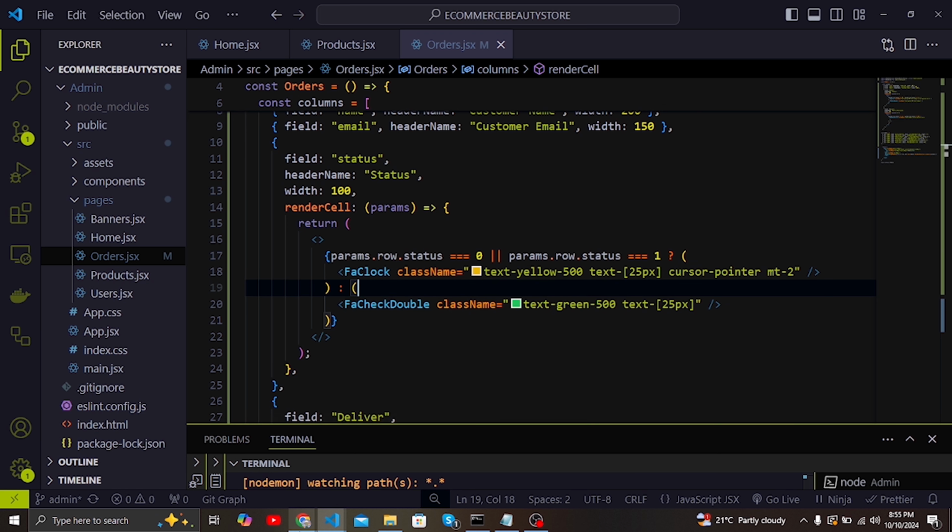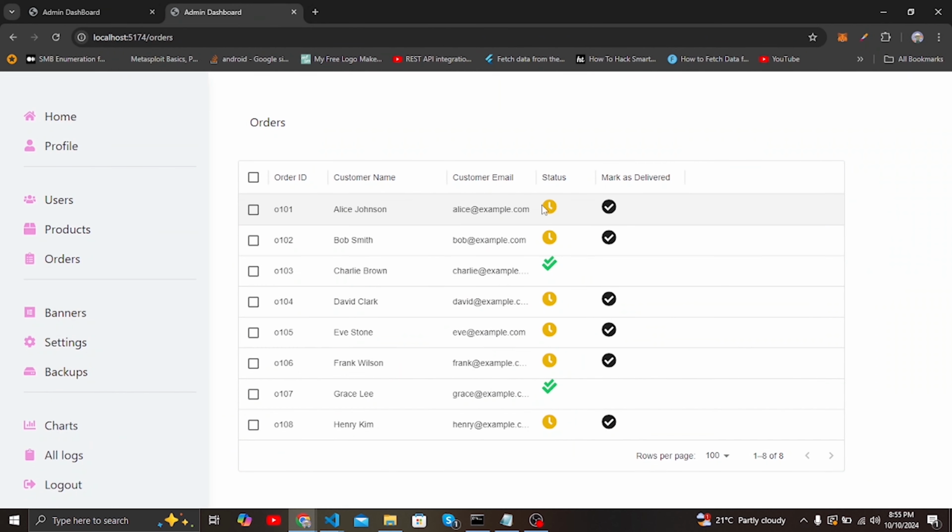And that's why if you come here to the code, you can see that the pending one has this clock icon and it has a yellow color, but for the delivered, you can see it has this double tick, and it is green. And for this field that is marked as delivered, which one that is delivered,